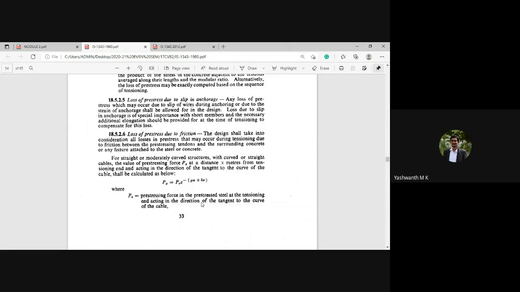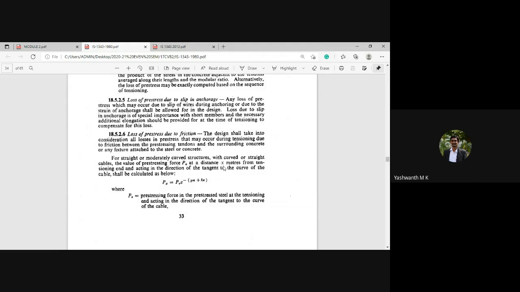This code will also help you when there is an absence of data, for example creep coefficient data, missing shrinkage data, or relaxation of stress in steel data. At that instance you can go to the code, pick up the values, and calculate the loss of pre-stress. Is it clear? I hope you have understood how to obtain the loss of pre-stress due to various phenomena from these codes.